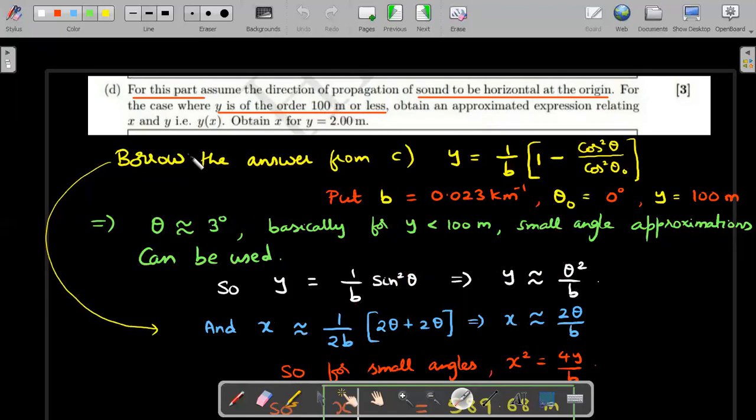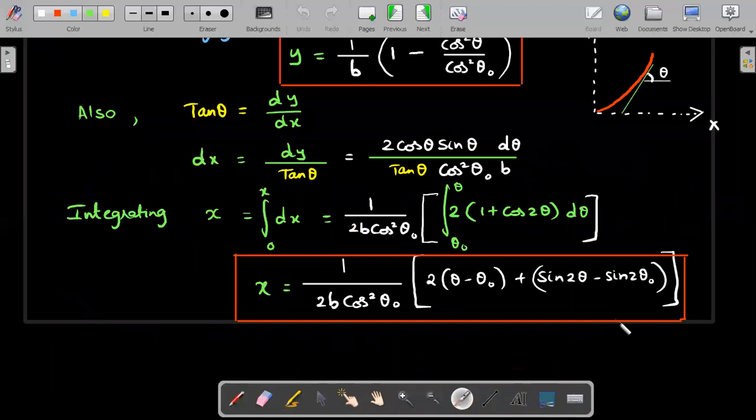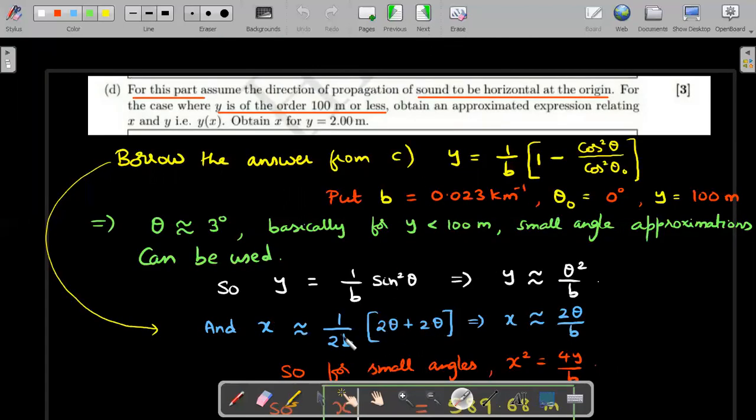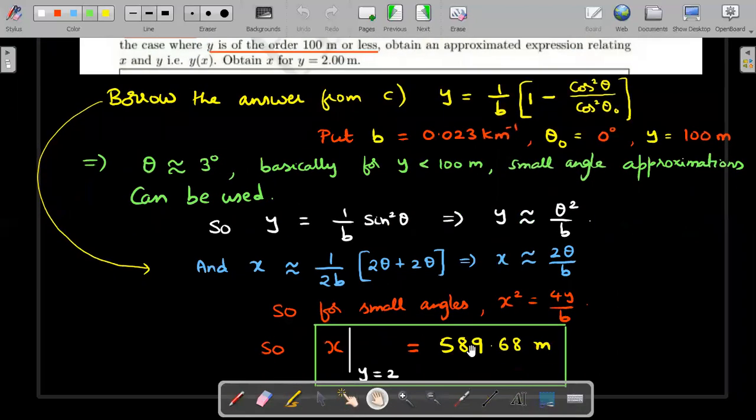Similarly, I borrow the previous answer for x, that big expression that I got. You remember this one. In this one also, you understand that theta naught is 0. So this term is gone. This term is gone. You'll end up getting only 2 theta plus sin 2 theta. And the fun is that sin 2 theta is also 2 theta for small angles. So you'll just need to add up 2 theta and 2 theta, and then you'll get x directly proportional to theta. I think you can square this and divide, and you'll end up getting a parabolic expression